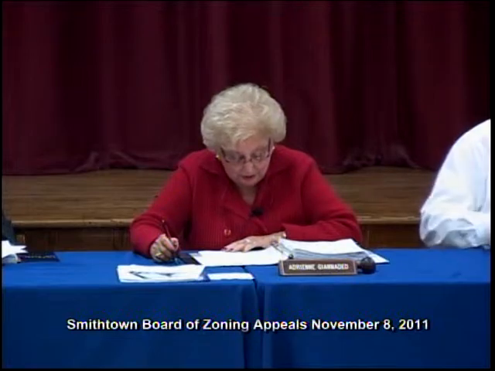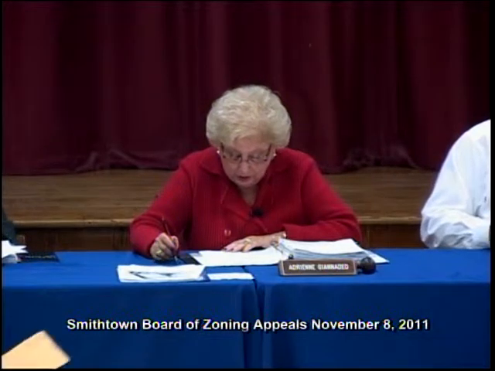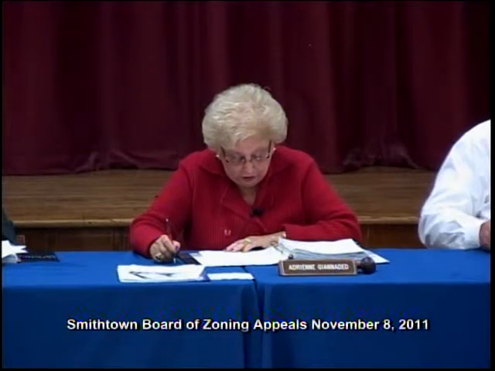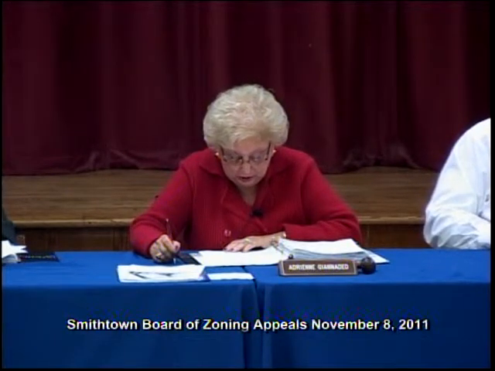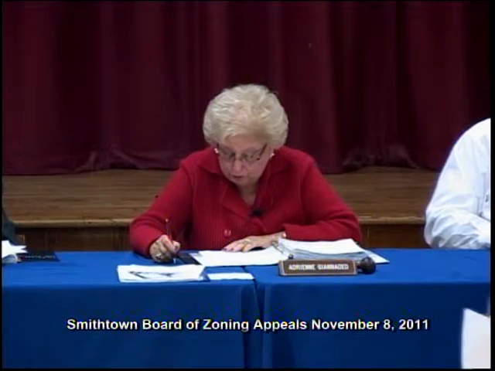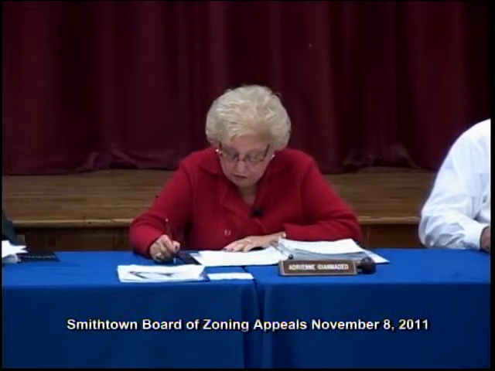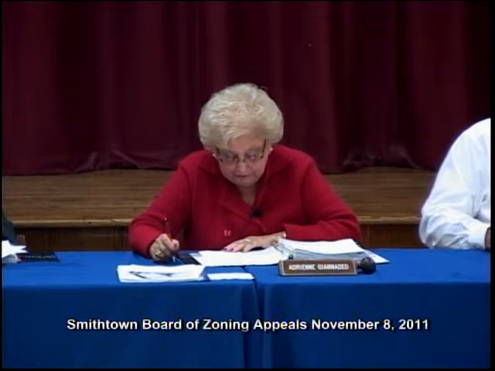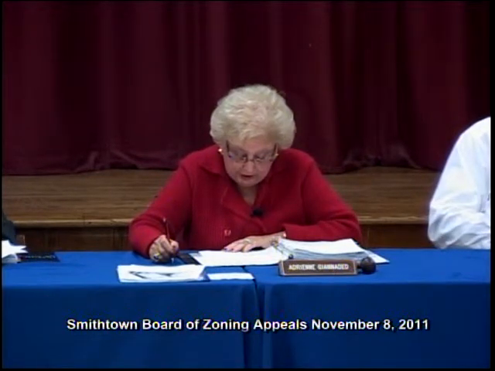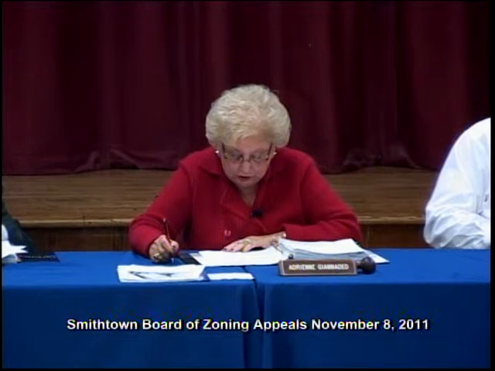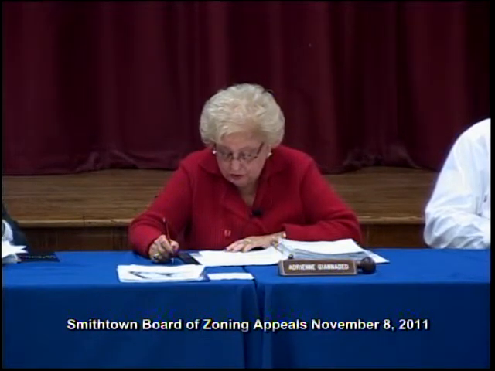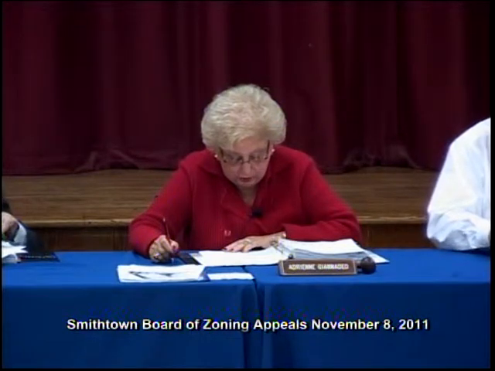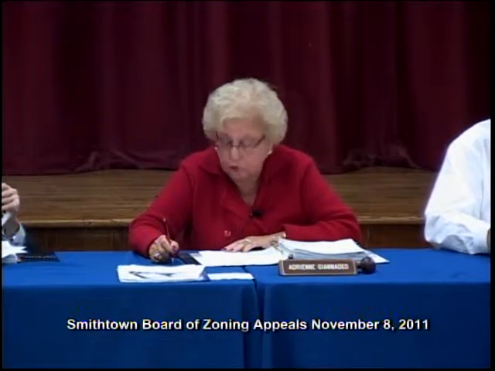Location, west side of Sun Hill Road, north of Town Line Road, Wisconsin, property zone R15. Request variance to reduce the minimum rear yard from 60 feet to 44 for an existing 314 square foot wood deck. Reduce the rear yard from 60 feet to 55 for an existing 423 square foot sunroom. Reduce the distance to any lot line from 8 feet to 5 for an existing 131 square foot wood shed.